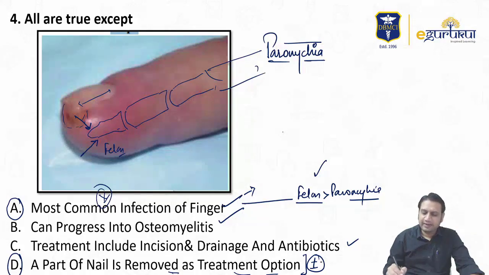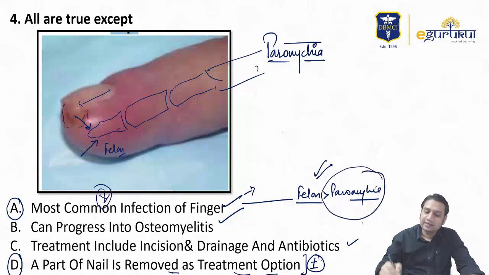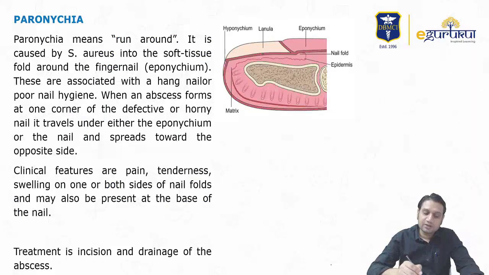So plus minus. You should remember the infections of the finger, paronychia, felon is more common or paronychia, but incidences in different books are different. But clinically what we say is felon is more common as compared to paronychia. If they talk about paronychia, then you'll have to remove the nail as a part of treatment, otherwise no. In felon, we don't remove it. So that is about the infection, whether paronychia or felon. This is what you call the nail.